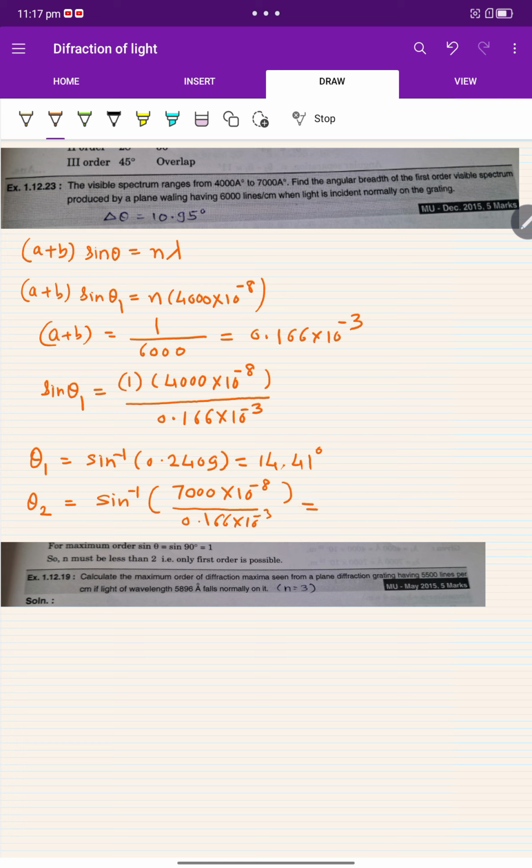When we solve, we'll get this as 24.94 degree. Therefore,